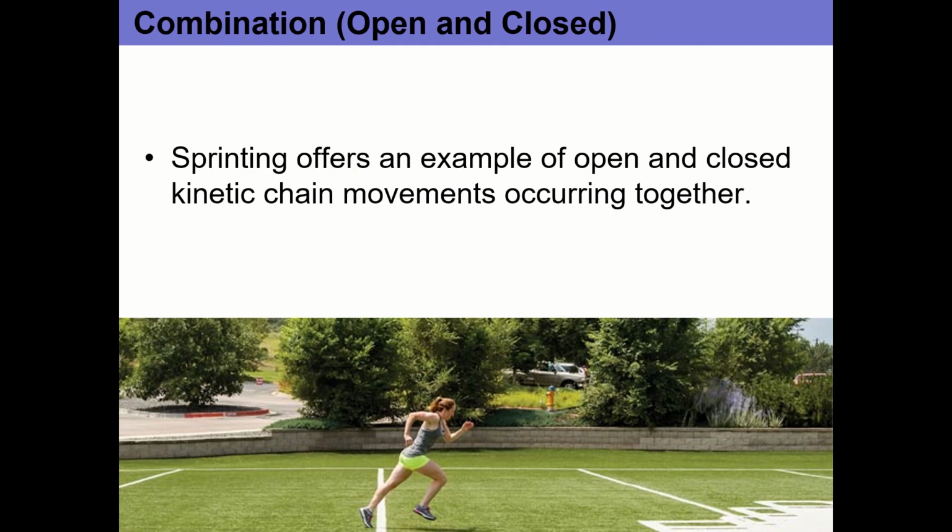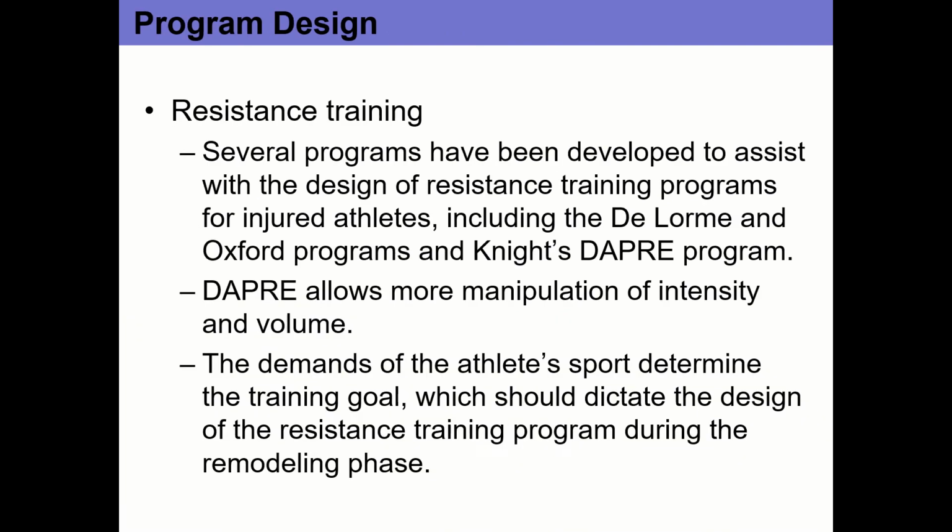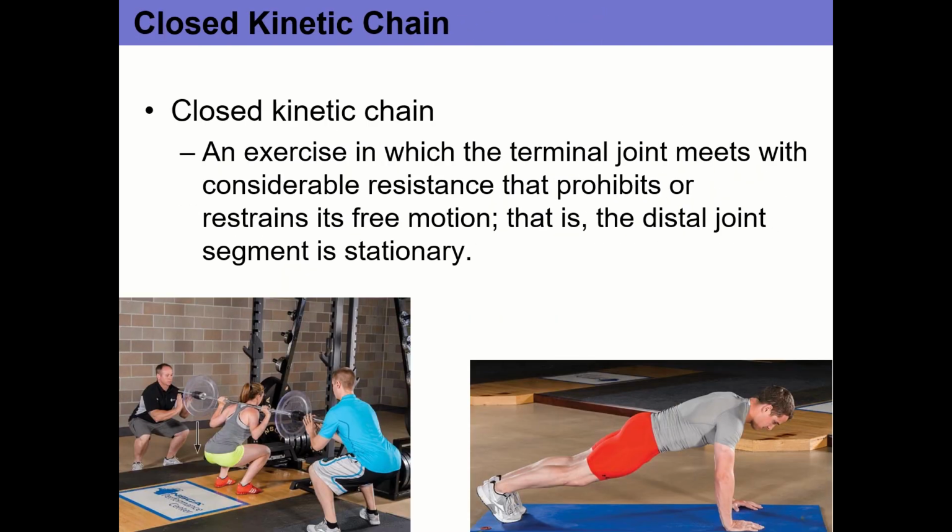And so here sprinting is both. So it's closed kinetic chain when you're touching the ground. So in this case, her left leg is in closed kinetic chain, her right leg is open because her foot is swinging freely. So between the two, the question to ask yourself is, is the hand or the foot fixed to something immovable? If it is, that's closed kinetic chain. If it's not, it's open.